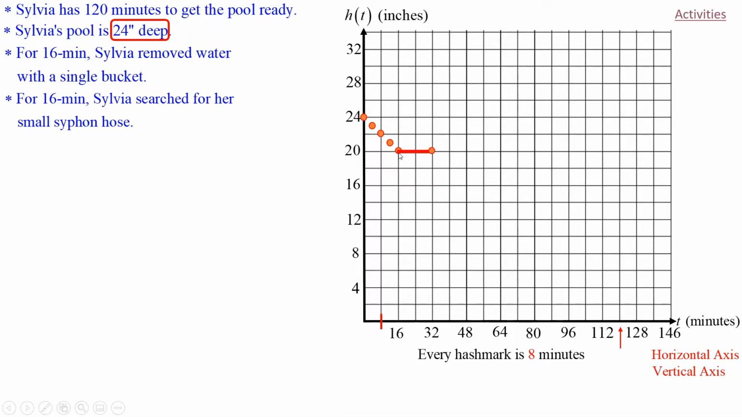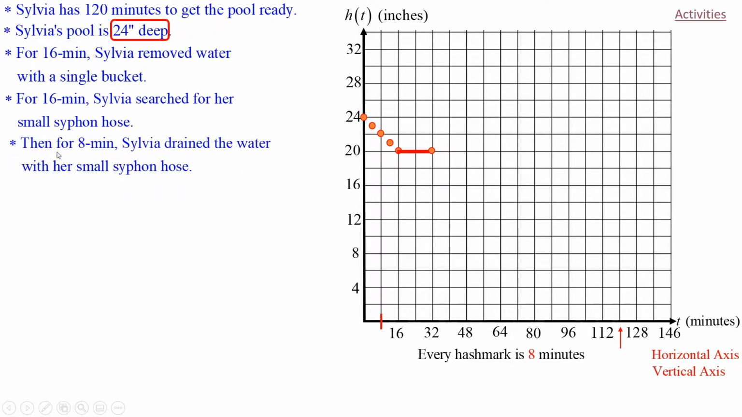Now, during that 16-minute interval, Sylvia searched, found the hose, got back to the pool, and I don't know if you guys have ever siphoned water out of a pool, but you put one end of the hose in the pool, you get on the other end, you suck the water and get it started, and make sure the other end of your hose is lower than the end that's in the pool, and it will start siphoning at pretty much a constant rate. So then we search for the hose,